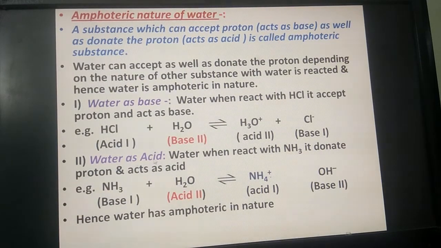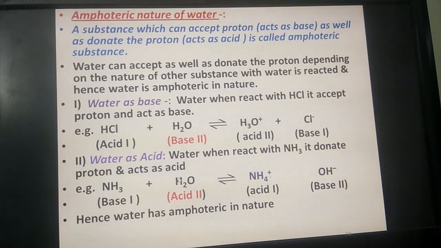Then water acts as an acid. How is this water an acid? According to the Bronsted-Lowry theory, acid is a substance which donates the proton. या ठिकाणी वॉटर ऍसिड आहे आणि वॉटरने काय केलेलं आहे? हायड्रोजन दिलेला आहे, म्हणजे प्रोटॉन डोनेट केलेला आहे. आणि मग काय राहिलं शिल्लक या ठिकाणी? OH. या ठिकाणी NH4 प्लस प्लस OH मायनस. Therefore here H2O is an acid or water is an acid. That means what? Water when reacts with NH3, it donates the proton and acts as an acid.